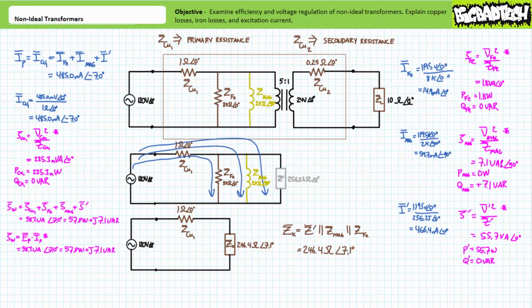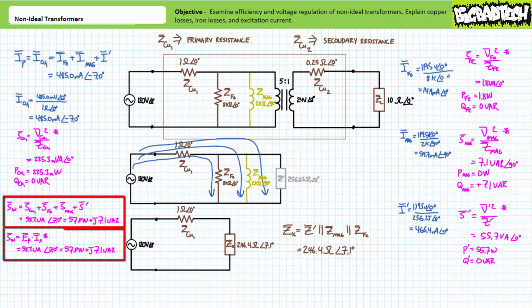Let's calculate total apparent power input to the transformer. First, total power is the sum of individual apparent powers. Additionally, total apparent power is the complex conjugate of primary voltage times primary current. Either method yields a total apparent power input of approximately 58.2 volt amperes,